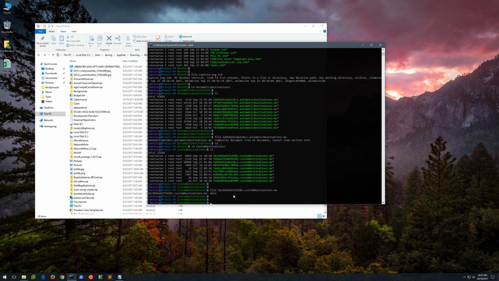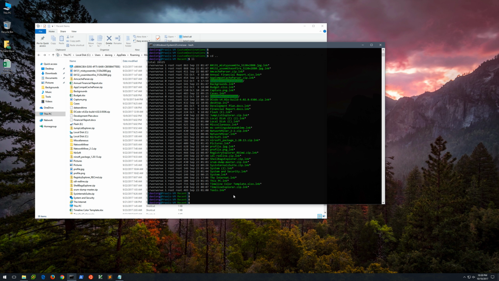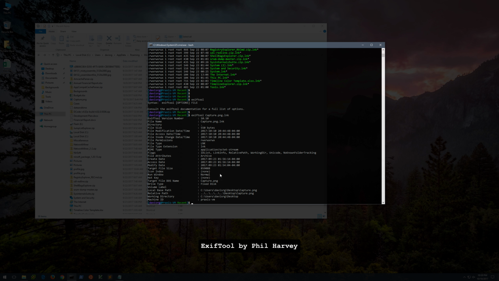If we used Foremost or some other type of file carving utility, we could actually extract the link file data from these files. That's beyond the scope of this video, but it's something we might cover in the future. Now the last thing I want to show you before we move on to the next section is a tool called ExifTool. Now you may be familiar with EXIF data from JPEGs. For example, we could look at EXIF data to find latitude and longitude information present within pictures, for example. Now this tool can show us that, but it can also show us metadata associated with a wide variety of files. So if I run ExifTool without any options, just against capture.png.lnk, you'll see it comes back with a good